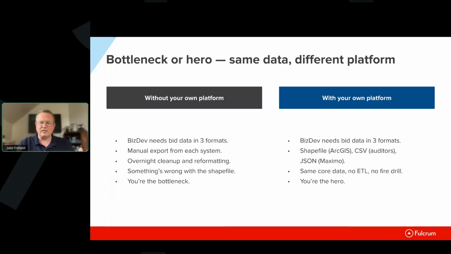So instead of having this overnight fire drill, you've got the ability to say, sure, you need that data, here it is, and it's in a reasonable time frame, in a reasonable format, and they're able to use it and do whatever they want to with it to sell your services. And guess what? Because the data is higher quality, because it's your data and data that you've managed and you trust, you're much more likely to get a bid that actually fits with your capabilities as an organization.